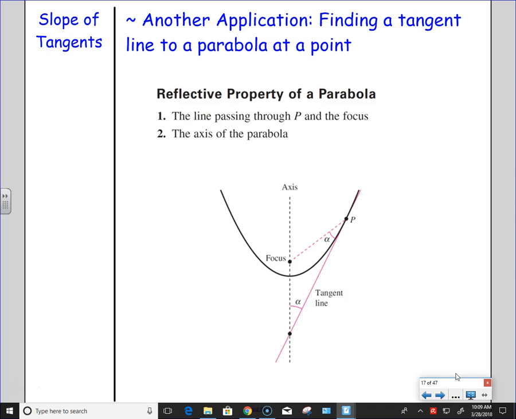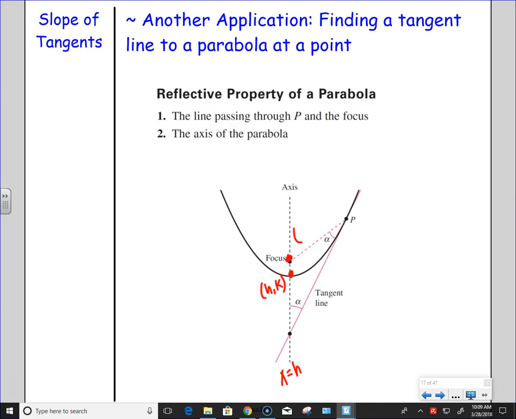Let me go ahead and label a few more things that might be helpful. For any parabola, we know that the vertex is going to be (h, k), which either they give us or we could find. And if the vertex is (h, k), we could say the axis of symmetry for this specific parabola would be x equals h. I could say that the focus,